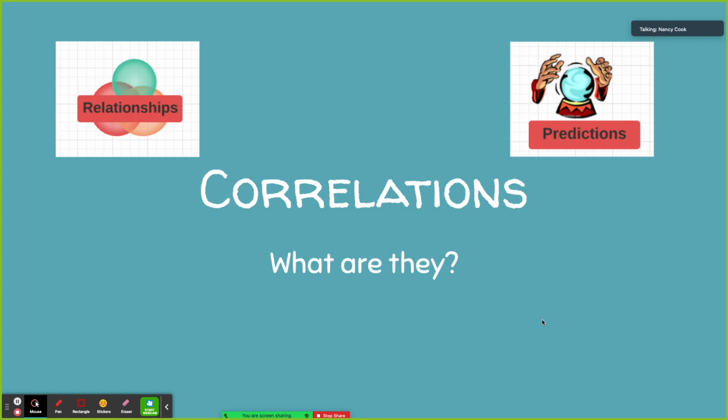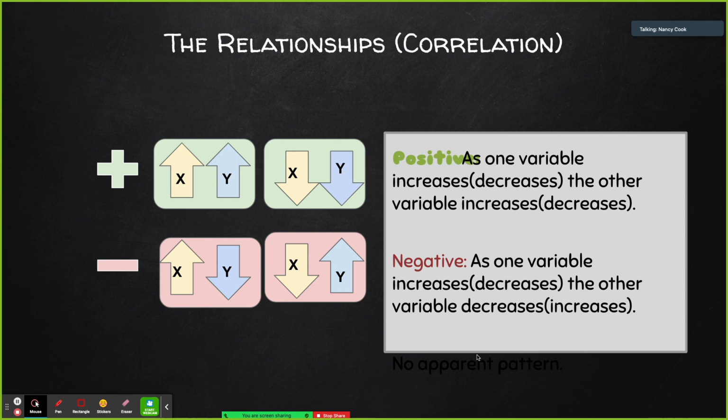So let's start with correlations. What are they? There's two types of correlations. There's some correlations that show the relationships between two or more variables. And there's other correlations that help us make predictions. When this variable goes up, this variable goes down or up, et cetera. We can make predictions from a correlation. So different kinds of studies have different reasons that can both use correlations, if you're looking for what is the relationship between two or more variables, or how does one predict the other.